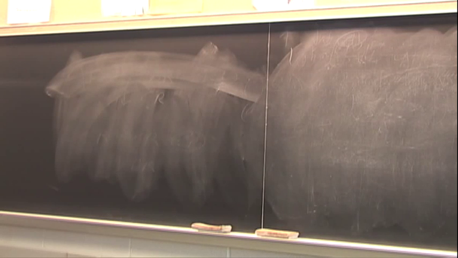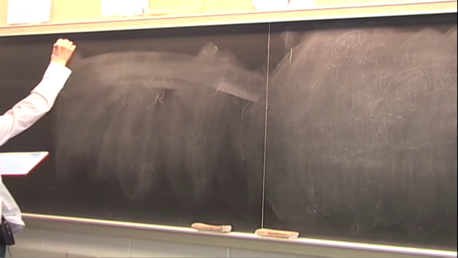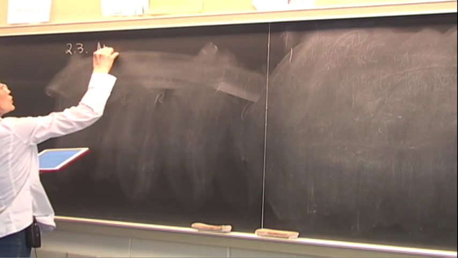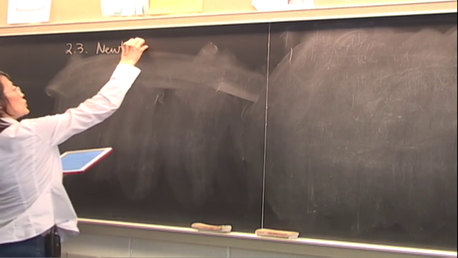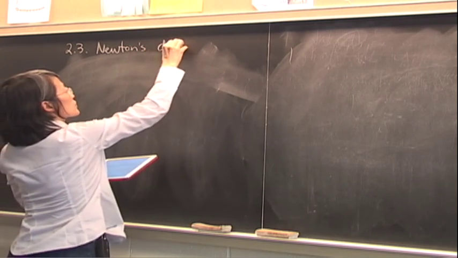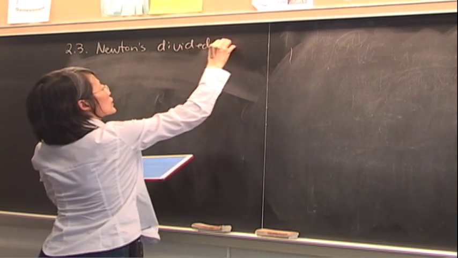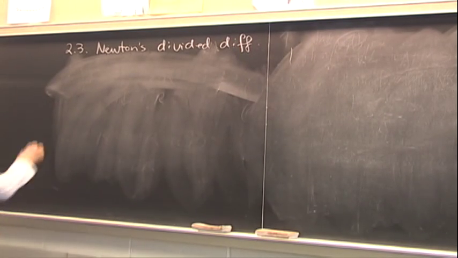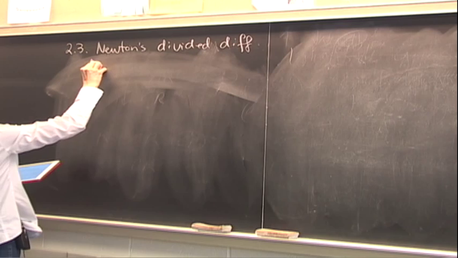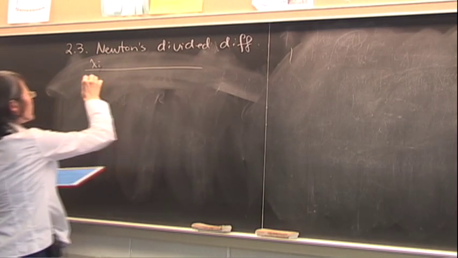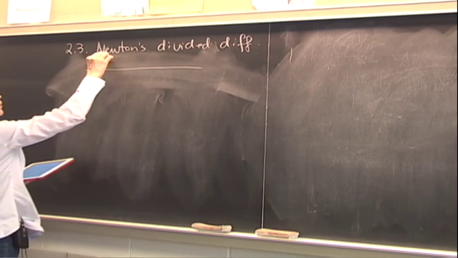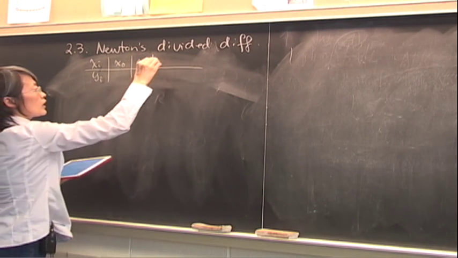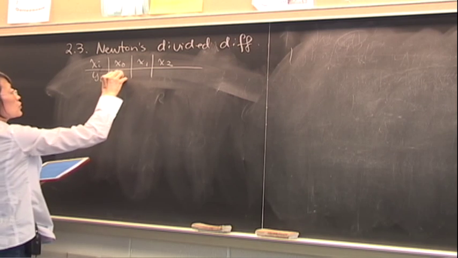A bit of that already last class, so we'll continue. Newton's divided difference. Okay. So last time we were aiming at an iterative kind of a method to generate interpolating polynomials